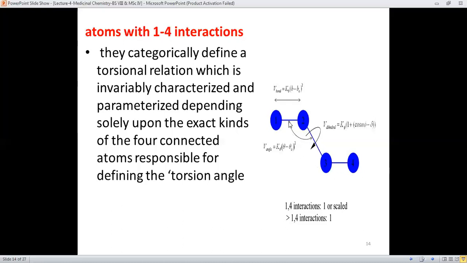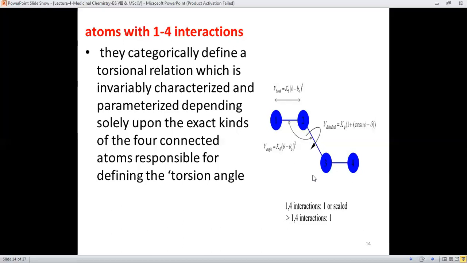It means that this angle is not the torsion angle. Torsion angle is like that. I will discuss it in the next slide very clearly. Here you must understand that the four atoms are connected through the three covalent or sigma bonds, and these bonds are dealt with as springs, and there must be a spring constant for each and every bond. And for the torsion angle, minimum there must be four atoms connected through three covalent bonds,